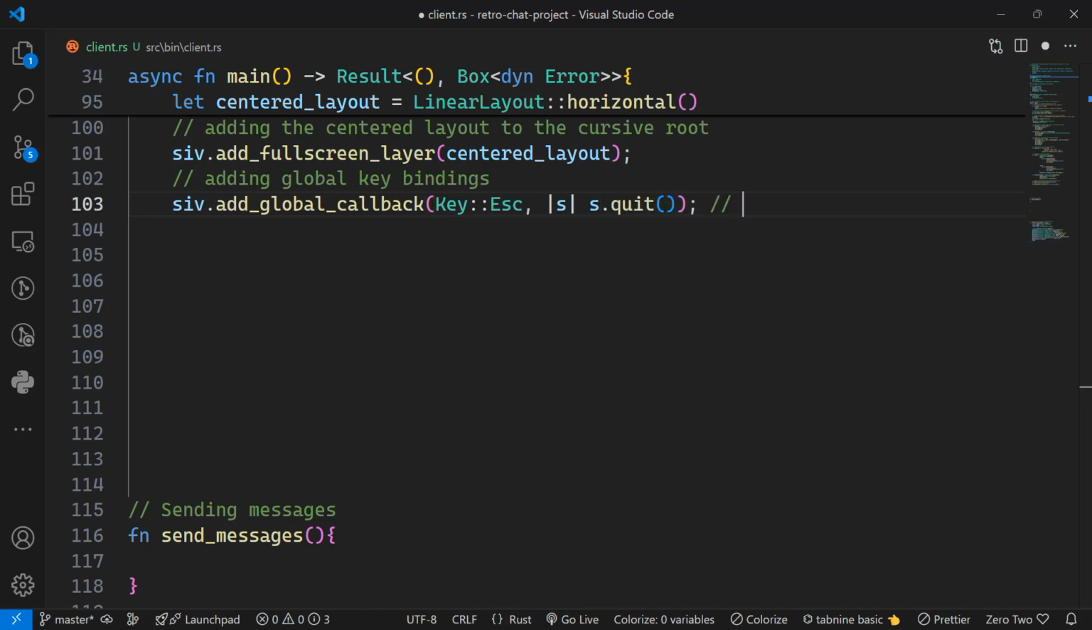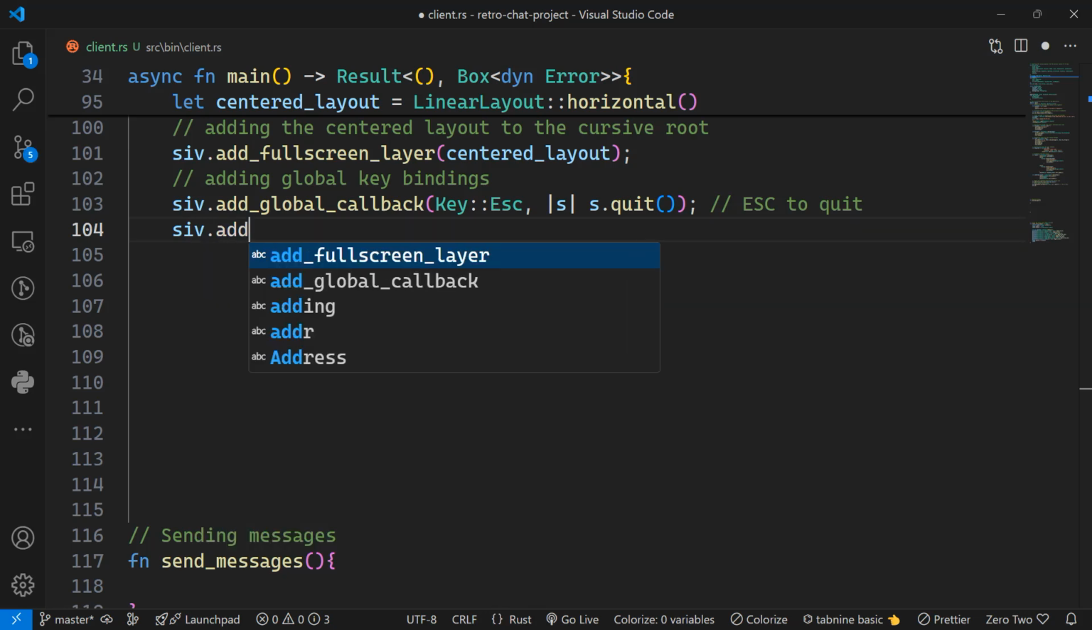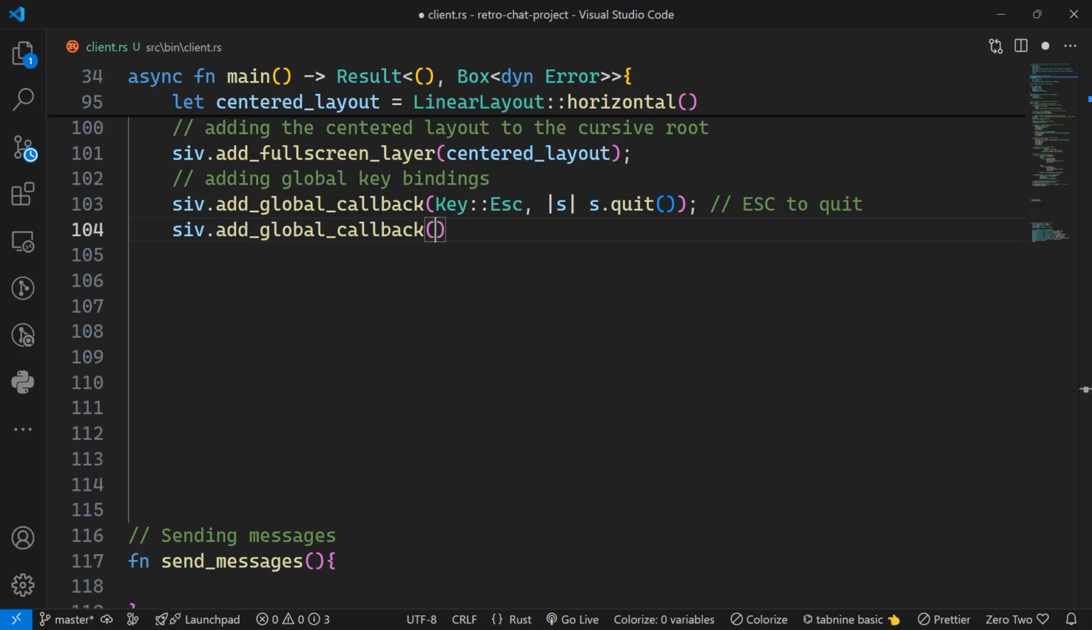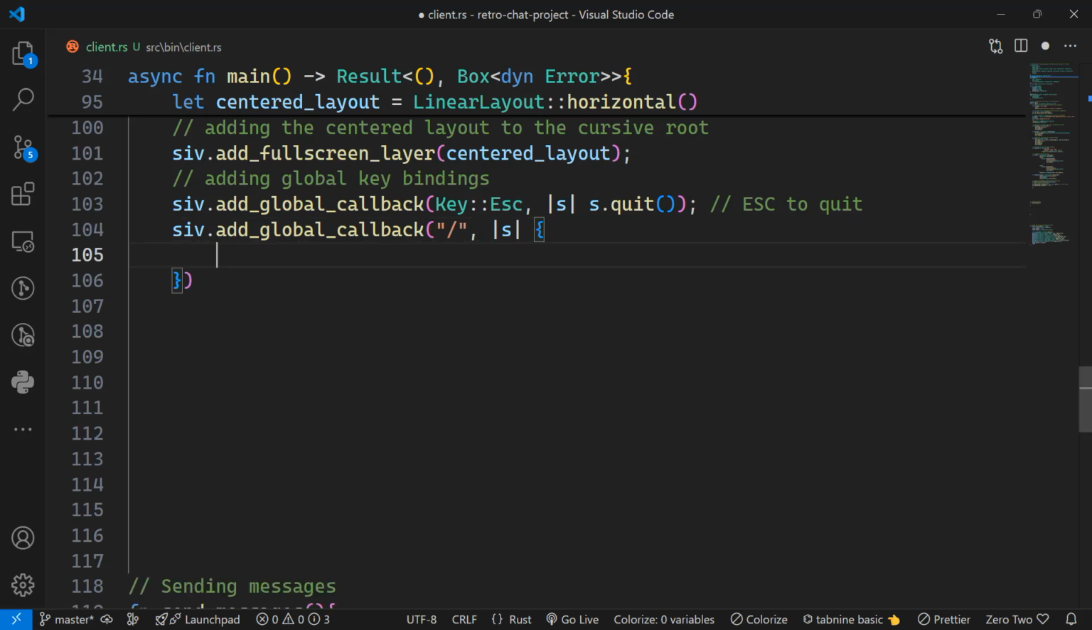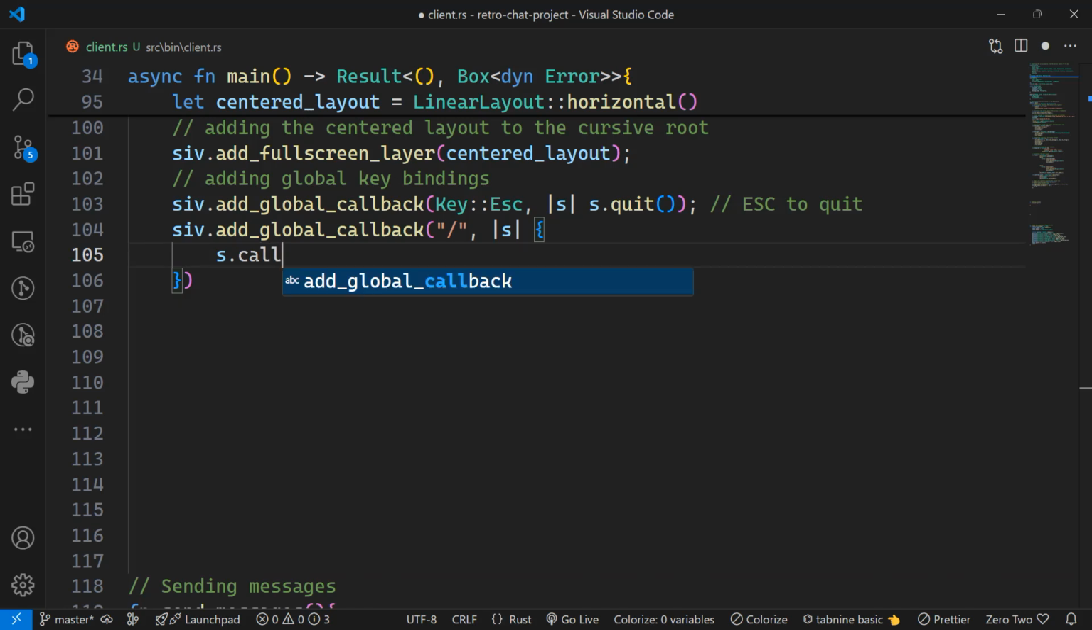So that's basically escape, right, to quit. That's all. Also, we will have the /, so we'll need that by also adding a global callback method, s.add_global_callback, and here we'll have this /, and we'll open curly braces and we'll say s.call_on_name, not call_underscore_name, like so. And here we will have the input view,